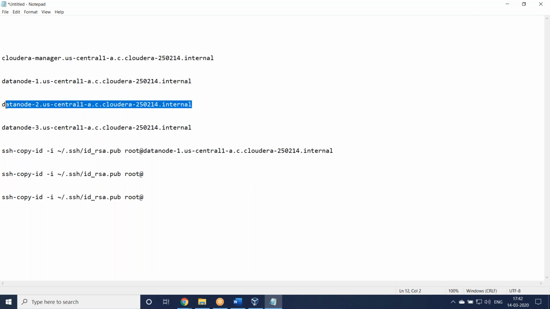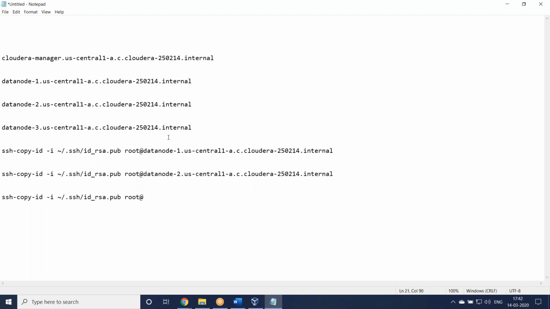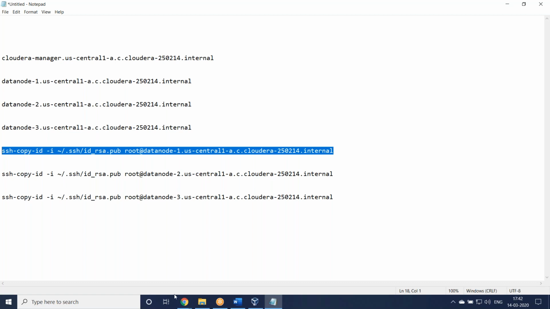Right? Data node 1, data node 2, using root account. Copy 3. So we are going to copy the key into 3 nodes using root account. So do this from the first server only.